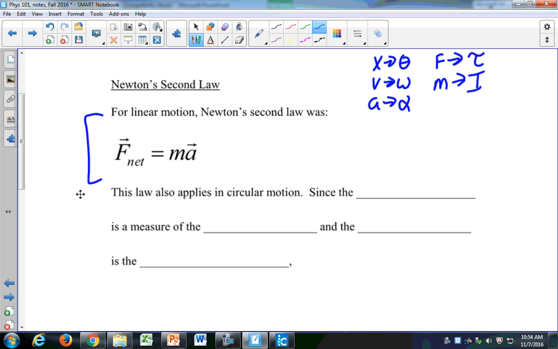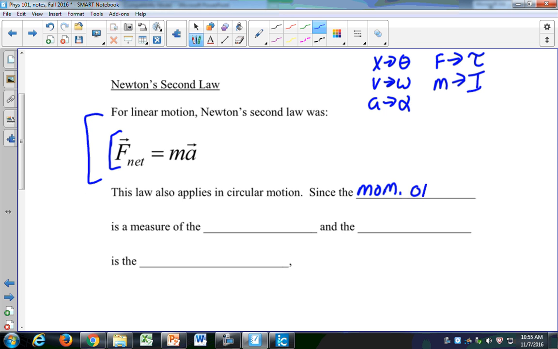So as we're making these comparisons of the translational or linear frame to the rotational frame, now we can add one more arrow into that quiver. My mass I can now think of as moment of inertia. They're not the same, but mass and moment of inertia are very similar. They describe that reluctance to change your state of motion, inertia. So we'll see that Newton's second law also applies in circular motion. And since the moment of inertia,